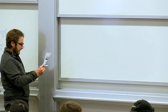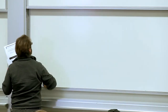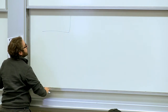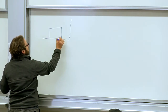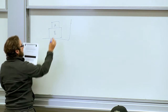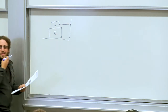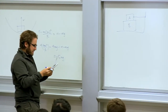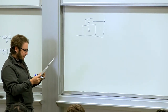Part B says, if A is held at rest. It's a very similar setup, except now I'll redraw the diagram so we don't get confused. B is here, like before, A is here like before, except there's a string attaching A to the wall. So A is held at rest. Now the same question: find the magnitude of the horizontal force F necessary to drag block B to the left